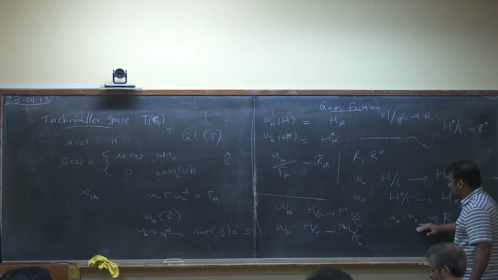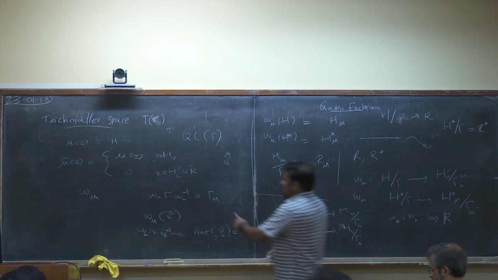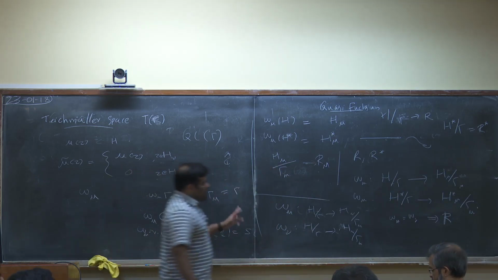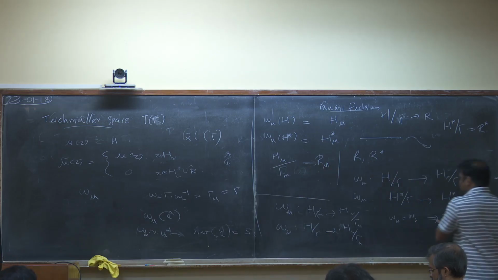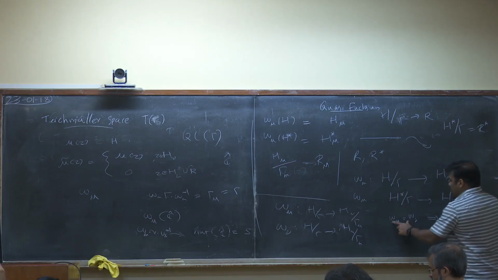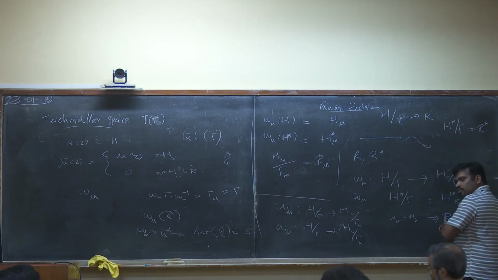So this condition means that the group gamma mu and gamma are exactly the same provided omega mu is equal to omega nu on the real line. Now, further one can show that omega mu equals omega nu, if this condition is true, then omega mu